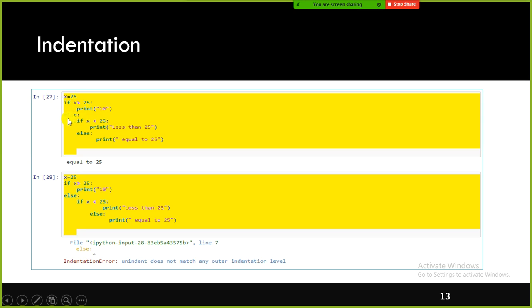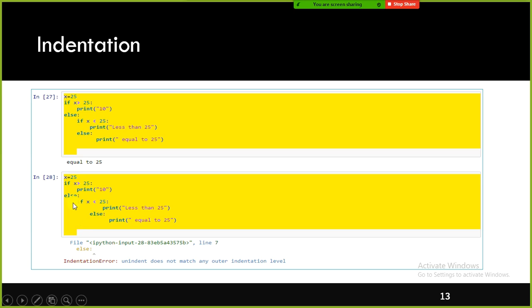You need to type this else in line with this if, and if you have the nested if else as part of your else, you need to type it like this instead of using if else once again. So look here, we type the else in line with this one, the alignment should be correct, and similarly this else is supposed to be in line with this one. So I gave you this example here. See, in this case I have given 2 tabs, instead of giving 1 tab I gave 2 tabs.